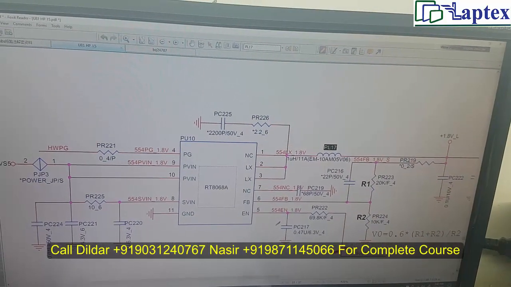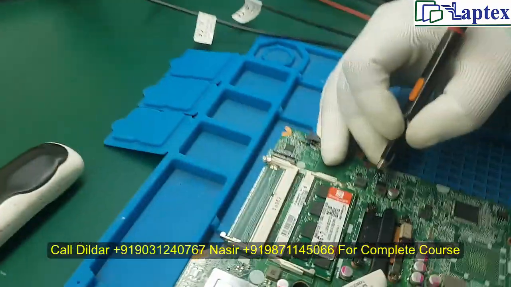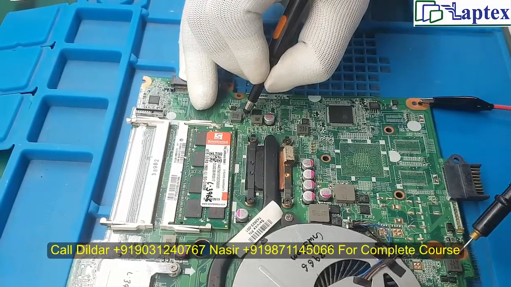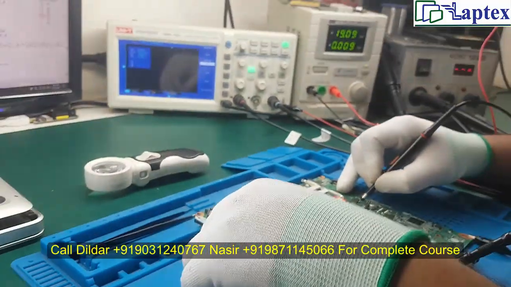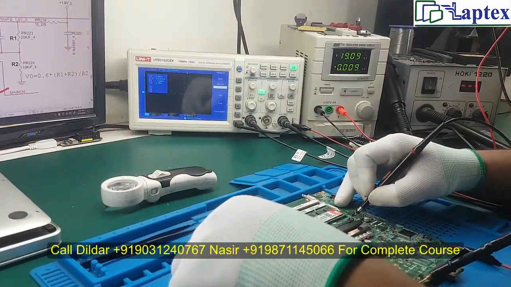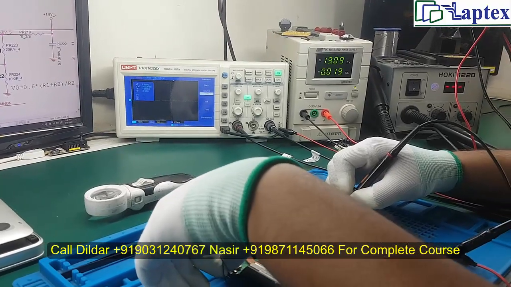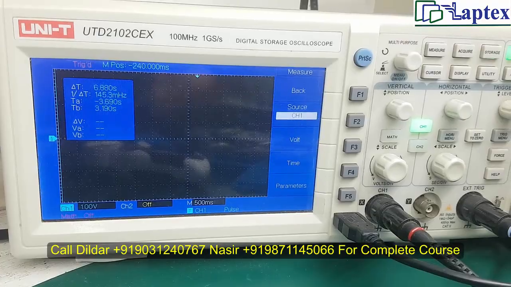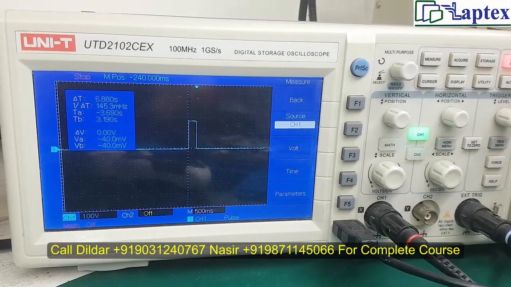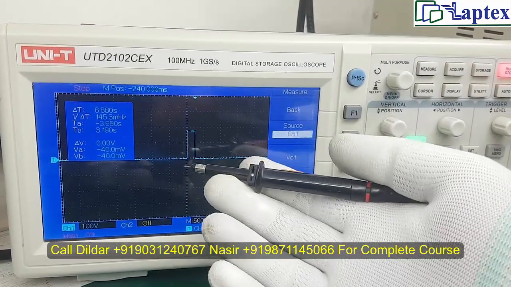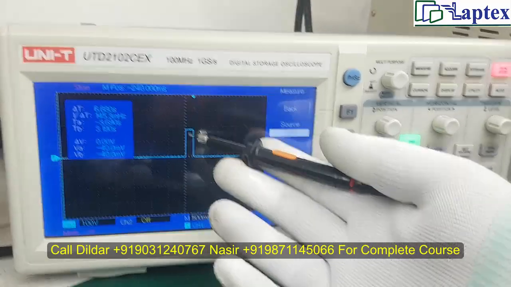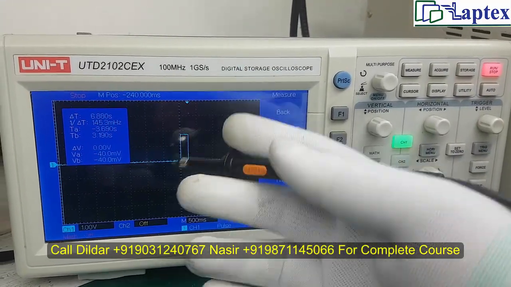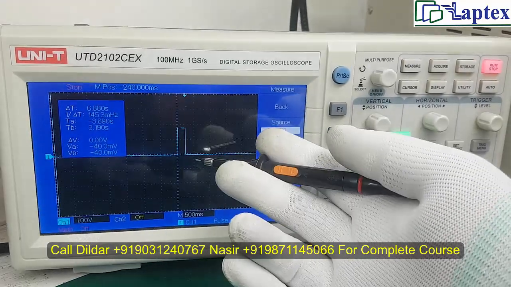So now I have to check on PL17, and I will do the same thing. Let me turn it on. It is turning on and off. Now you can see that this is a good condition, as we have described, that it is rising up and falling down. This is the sudden falling down, so there is no problem at all. It is having the same behavior.